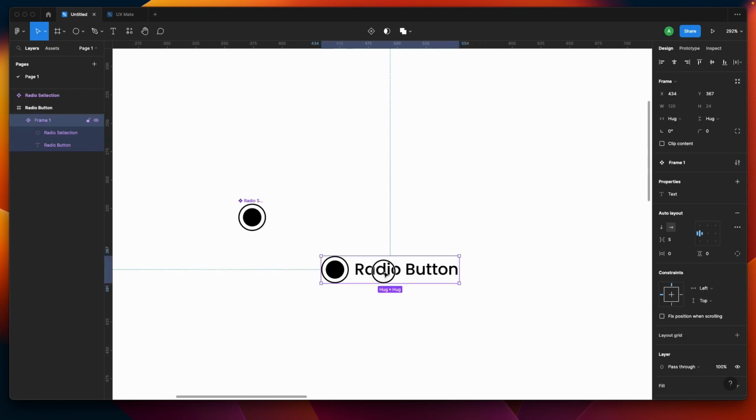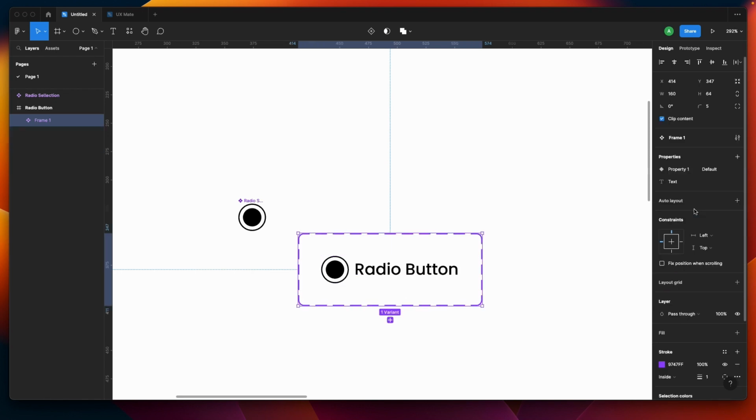Now let's create a variant in this component to create a clickable or interactive component. I'll go in the properties, I'll click on this plus and I'll click on variant. Okay, and what I can do now, I can add a variant of this. Before going there, let's just change here